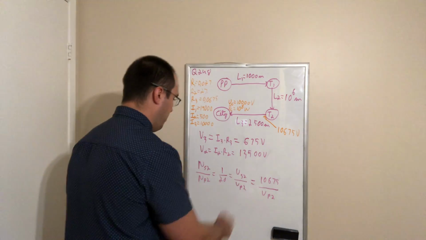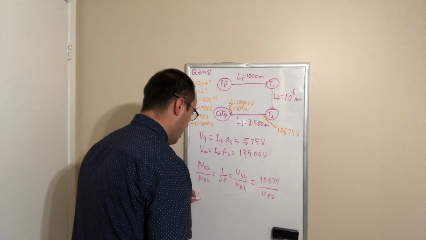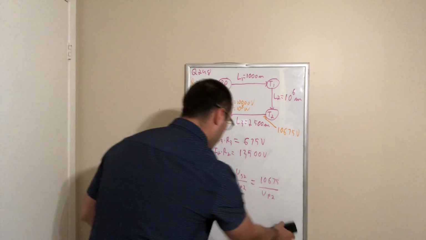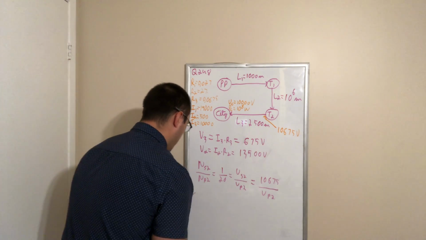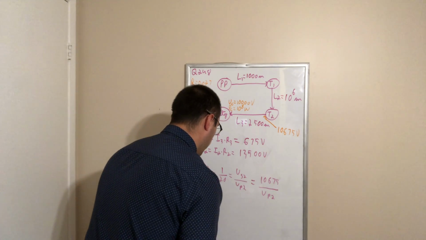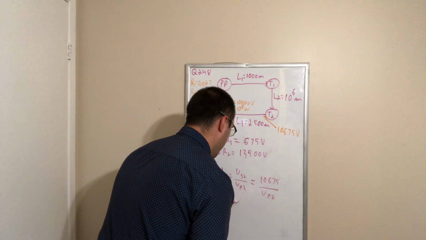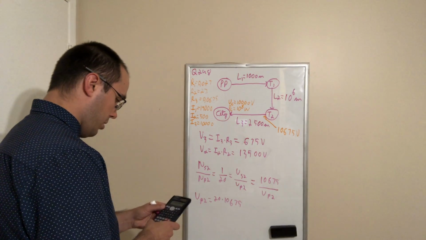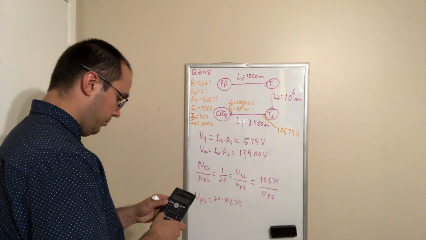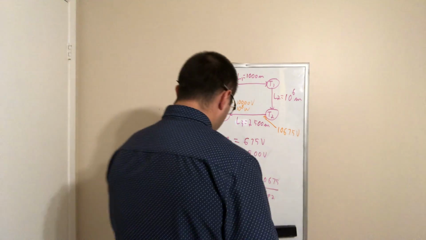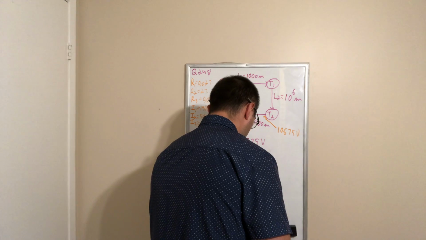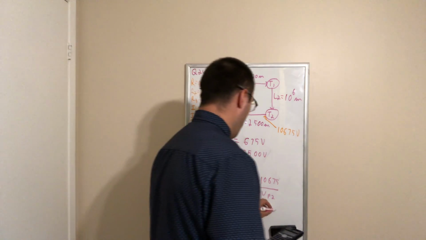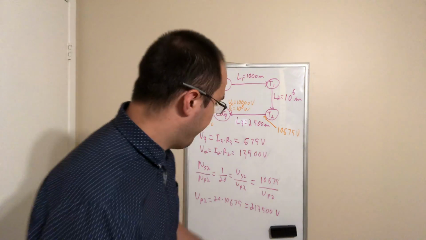And we can find VP2 now. So VP2 divided, actually, flip it on that side. Oh, yes. Okay. So VP2 is equal to 20 multiplied by 10,675. Let's see what is the value over here. So we get 213,500 volt. So this voltage,